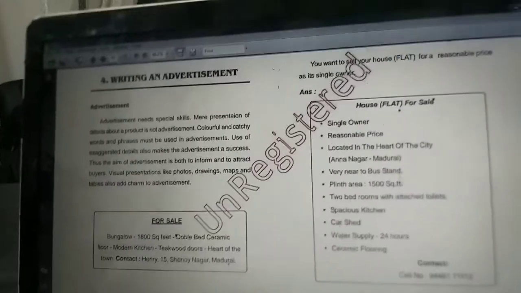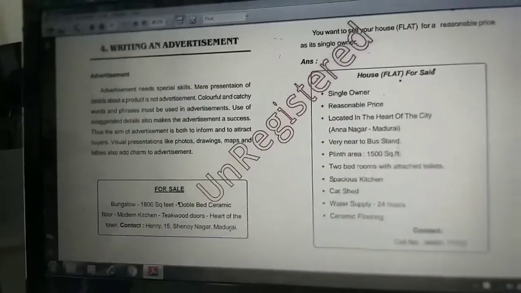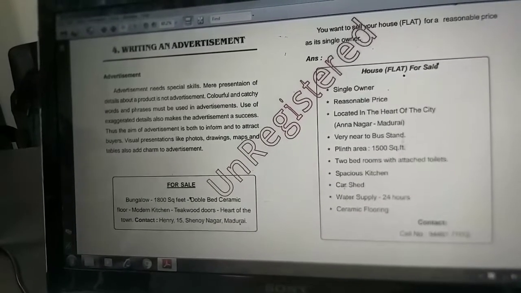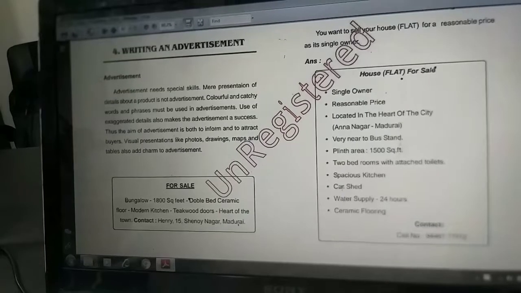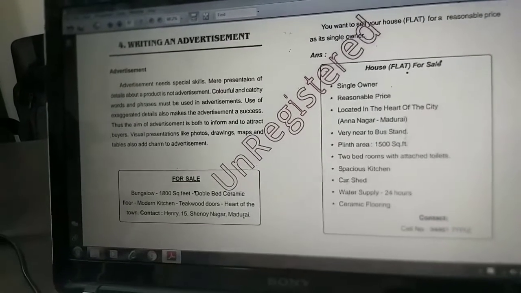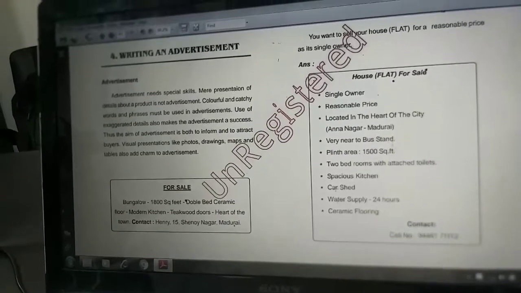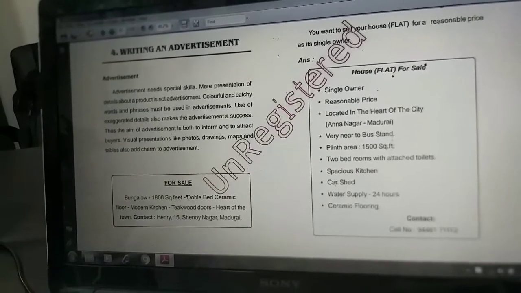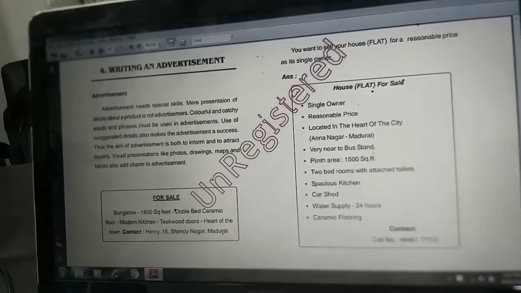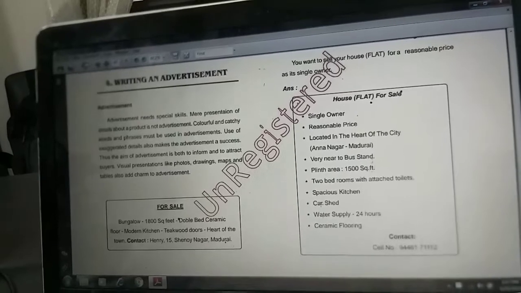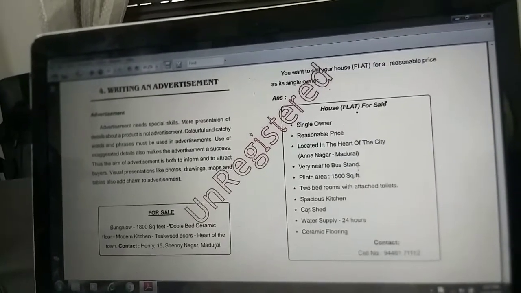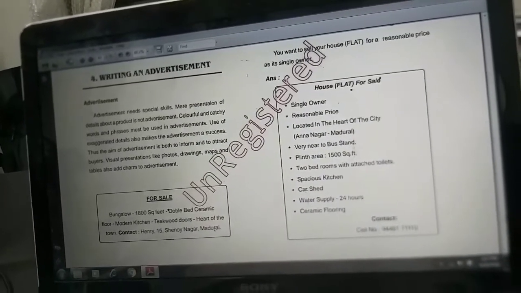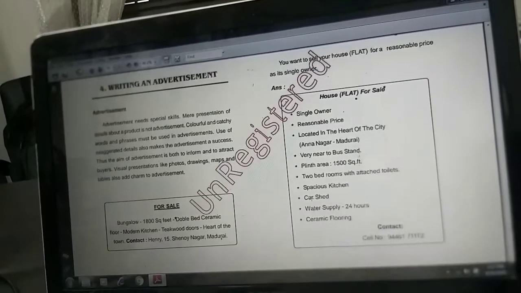So there are a few models of advertisements here. The first one is flat for sale. You want to sell a house for a reasonable price. So what all things you'll have to mention in your advertisement is who is the owner, and you need to mention that the price will be reasonable. You do not mention that this is the price of the house. You can just mention that you can get it at a very reasonable price, and you must also mention the locality of the product and the facilities that are there in the